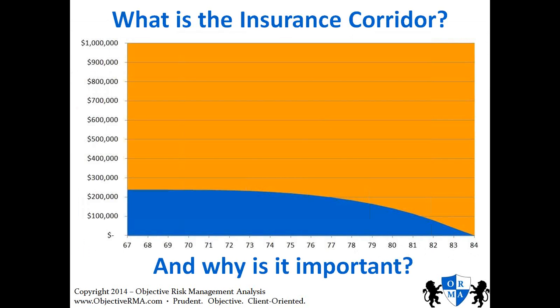Now, I talked about the insurance corridor at the beginning of this presentation, and the cost for this blue area is the policy value. This orange area is the exposure that the carrier is facing in the event of death. The cost is calculated from where the beginning of the orange line and the blue line meet to the top of the chart, which is the face amount. And through this illustration, we can see that over time, the policy value is decreasing, at which point at age 84, this particular client is no longer going to have coverage.